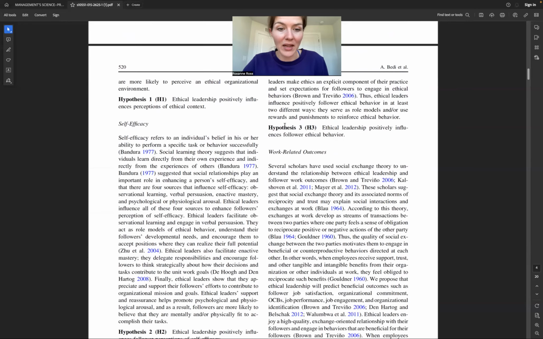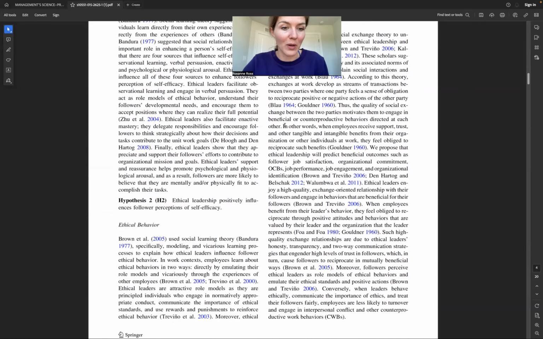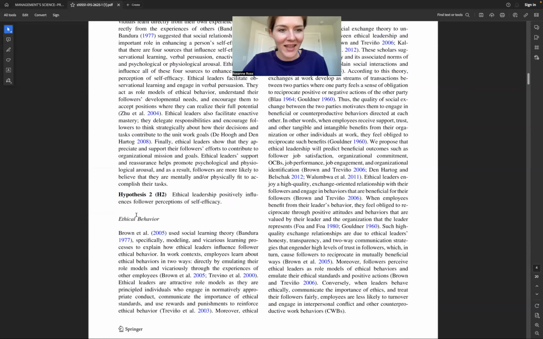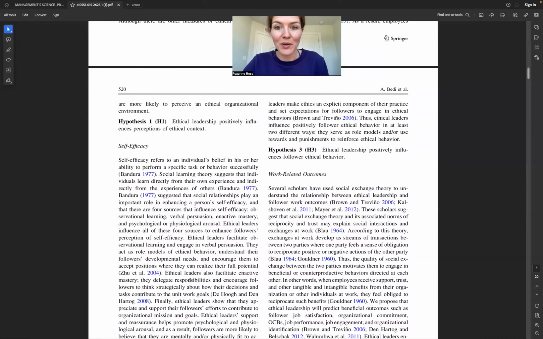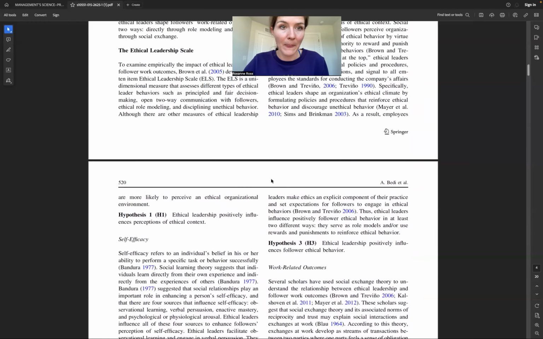So what we'll do next is scroll around and see if we can find ethical behavior specifically. And bingo, what do you know? It's right here. They have a whole paragraph defining ethical behavior. You'll want to read that too. And we see that there's a hypothesis that tests the relationship in our research question. That's really important that you see that. If not, you may still be able to use your meta-analysis. Most likely they'll have hypotheses that state this though.